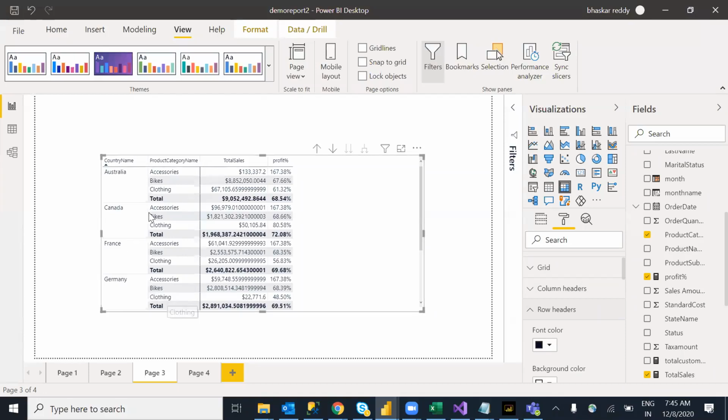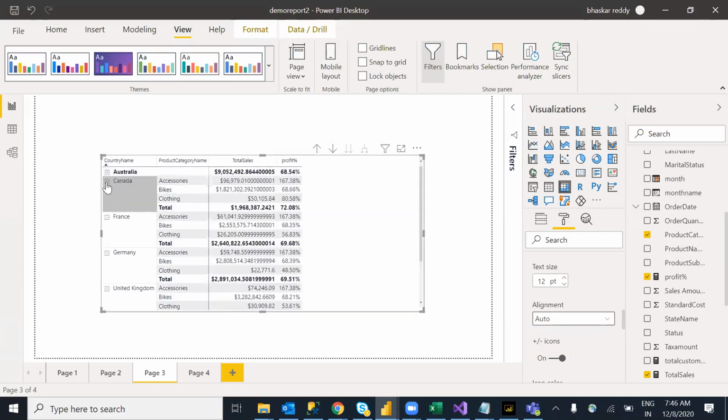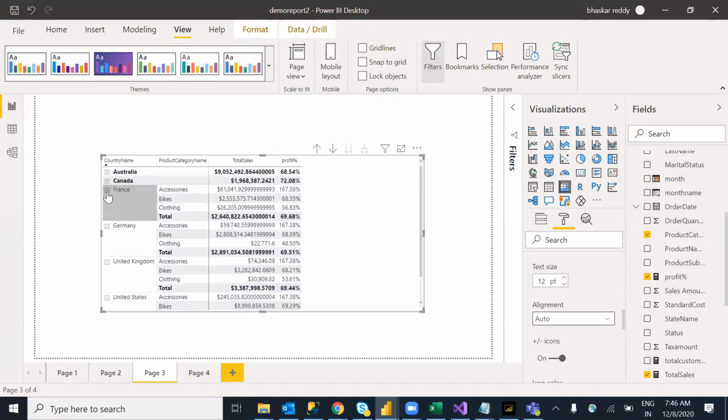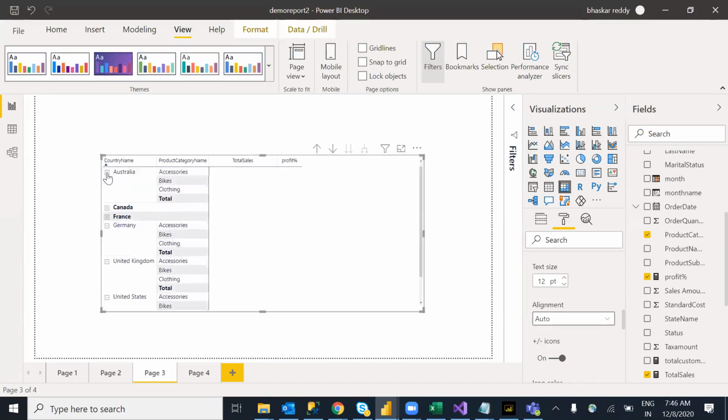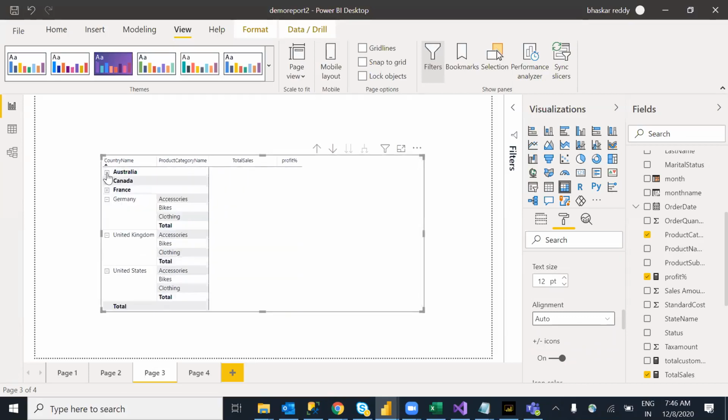If this comes as part of the row headers, I will show you one more important property over here. Here we have toggle buttons. We can expand and collapse. By default, I want to see the overall level. If you want to go to a detail level, I can expand it. We have plus or minus buttons. That is nothing but toggle icons. The name is toggle icons. So however you want it.